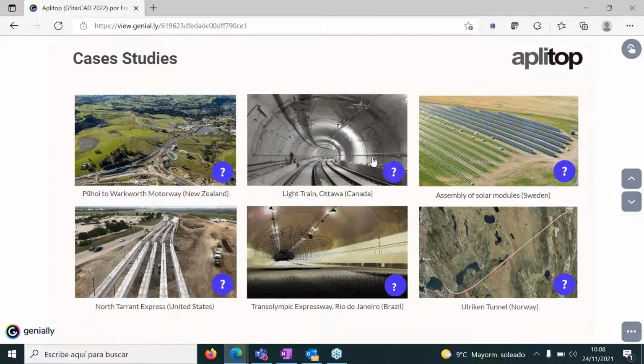All those case studies with more information are available also in our website, also with the contact details of the project managers. So you can email them and ask how was their experience with our software, and they will tell you first hand how much time, how many resources they saved thanks to using TcpMDT in each project.